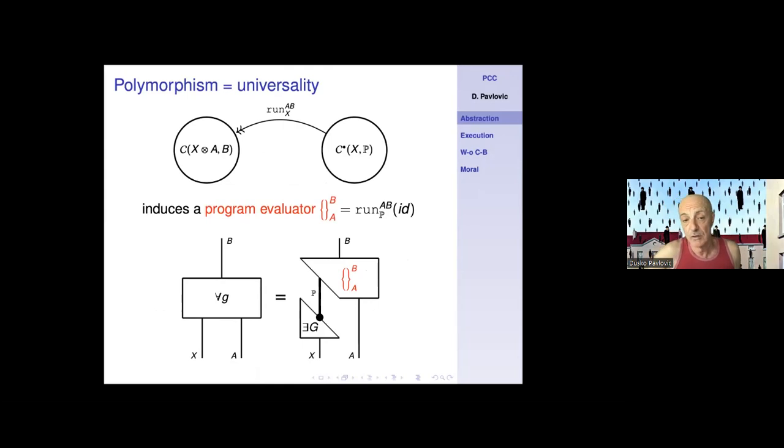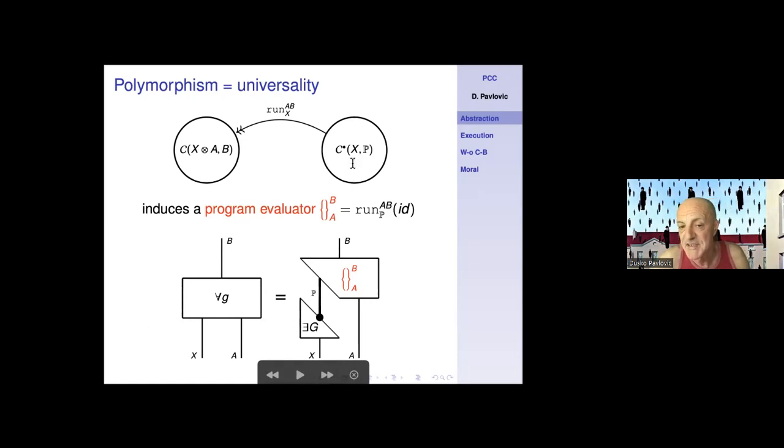how we get into the business of proving this. First of all, such natural transformations are completely determined by, and in one-to-one correspondence with, program evaluators, which are the morphisms from P times A to B. Here is the program evaluator. And the statement that this natural transformation is surjective says that for every morphism from X tensor A to B, there is